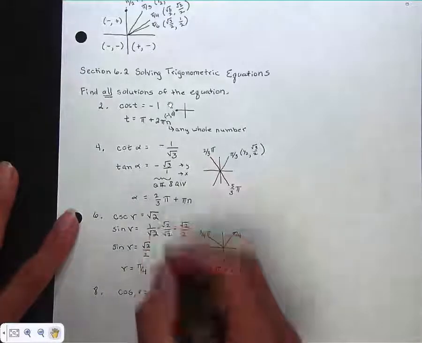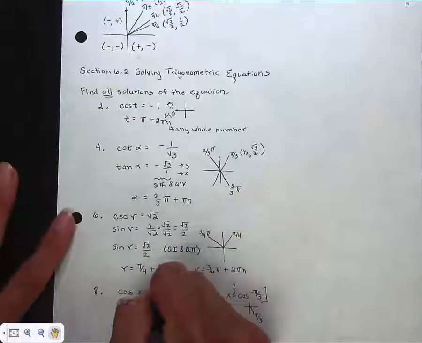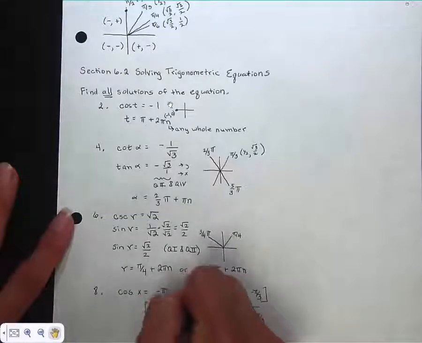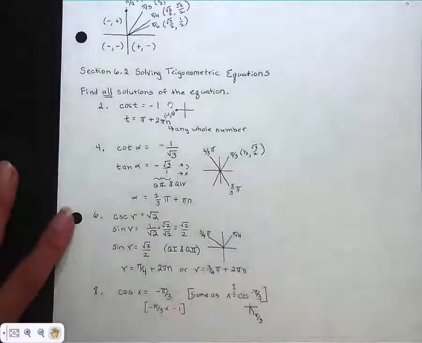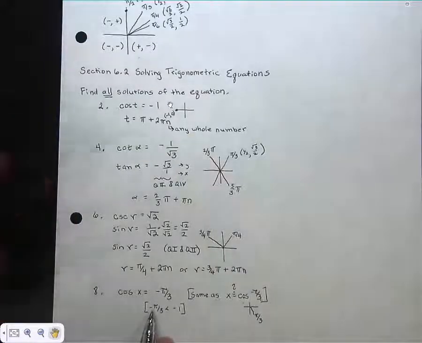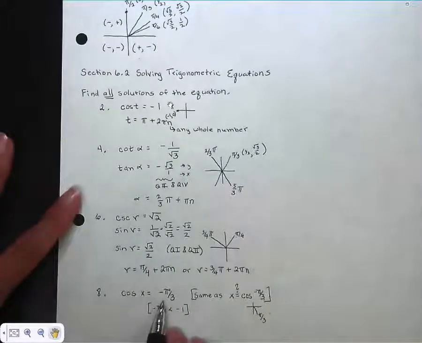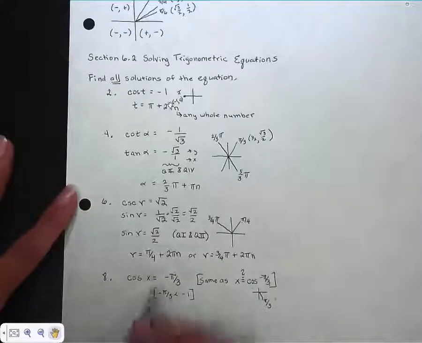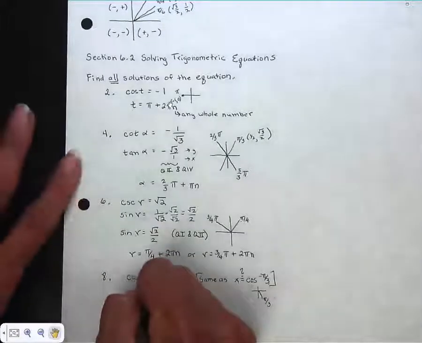Negative pi over 3 is less than negative 1. If I enter that on the calculator, I get negative 1 point something. This is negative 3.14 divided by 3. That's less than negative 1. Cosine is never less than negative 1. So this equation has no solution